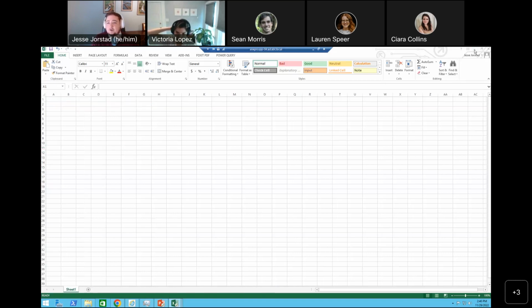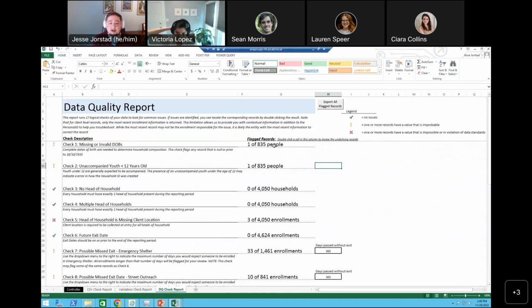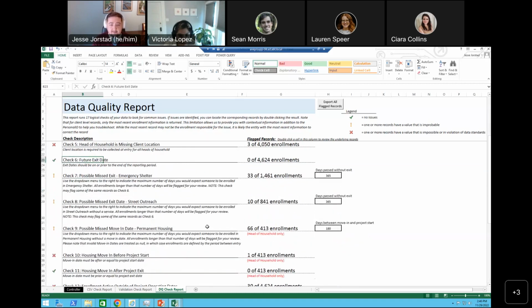Okay. So what kinds of things does the tool help you check? We're looking for missing or invalid dates of birth. So this also looks for essentially if somebody is 112 years old, that's probably somebody entered the birth date incorrectly, right? So we'll flag that. Or if the data quality doesn't match what we're actually seeing in the field, that gets flagged. If you've got households where there is no head of household or multiple heads of household, if the head of household is missing a client location, if you've got a future exit date that's unexpected,